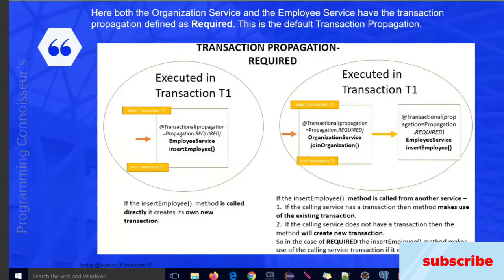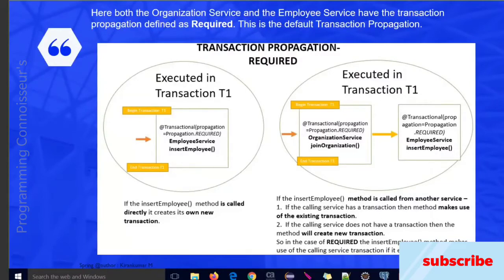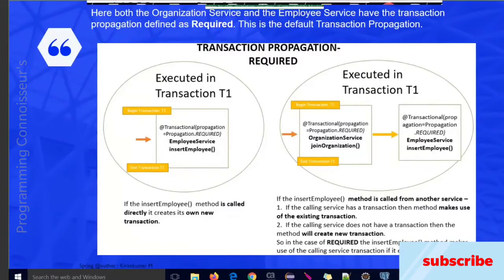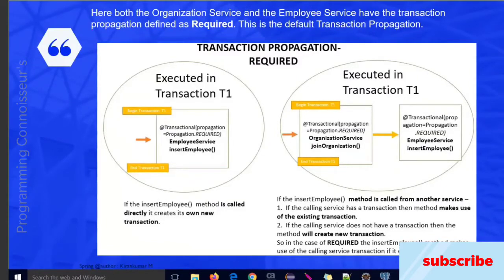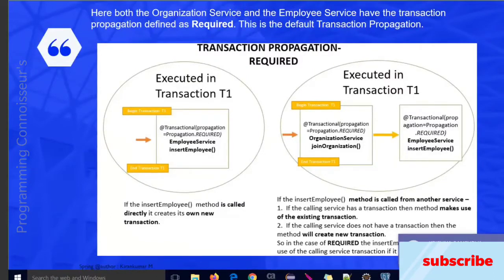Both transactions I'm asking to do in my service. If the calling service does not have a transaction, then the method will create a new transaction, because it is annotated with propagation required.